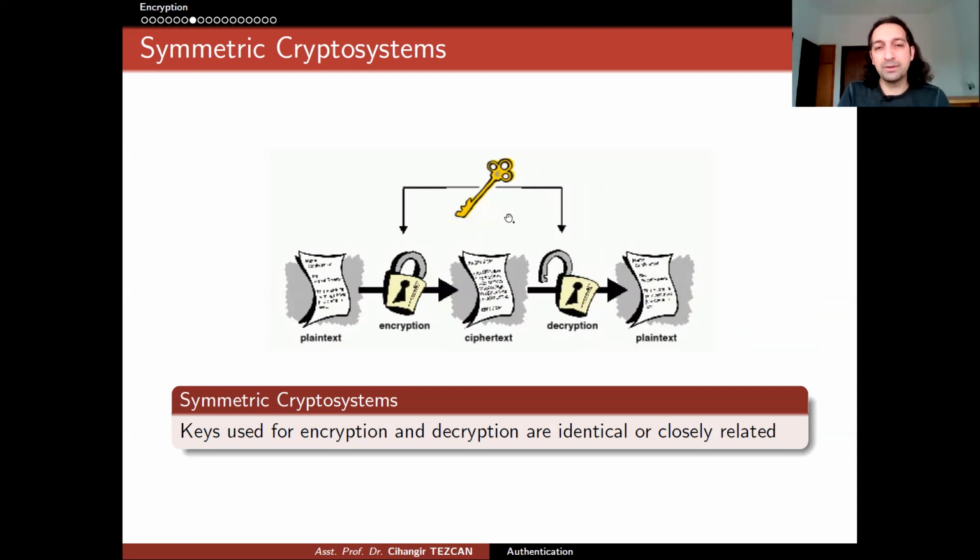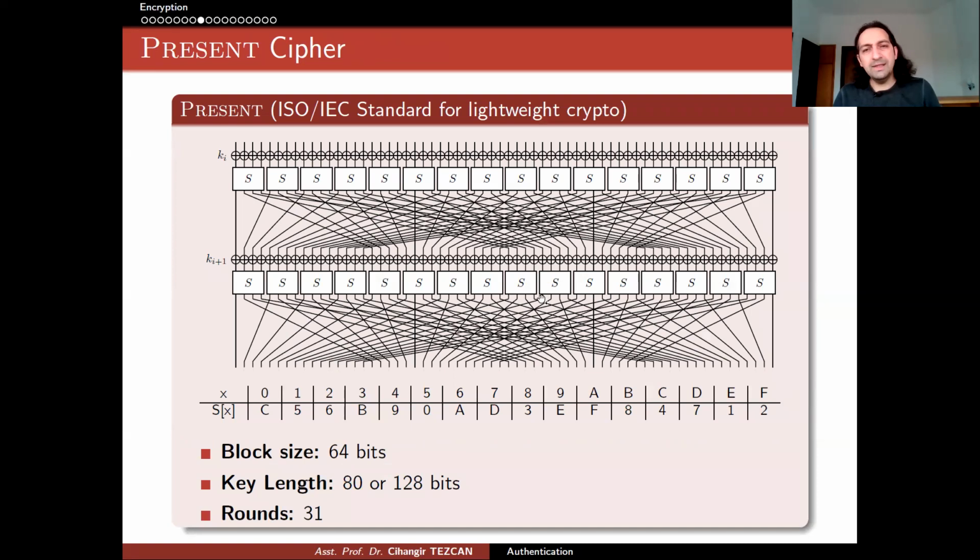So in the symmetric key cryptosystems, we have encryption and decryption algorithms. We have the secret key, and we use it for encryption and decryption. So let me show you a block cipher, which allows you to encrypt your data and decrypt your data. Generally, people in the first crypto courses use DES, but DES is somewhat old, and it is more complicated than this cipher. So I want to use a lightweight cryptographic algorithm called Present. This is an ISO standard for lightweight encryption, and it is very simple to see. Actually, this picture almost tells you the whole cipher.